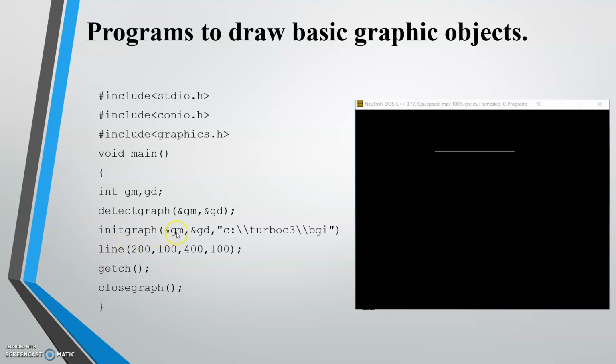Then we have to use initgraph function. Initgraph will take these arguments, that is &gm and &gd from the detectgraph function. Then comma, inside the double quote you have to mention the path.